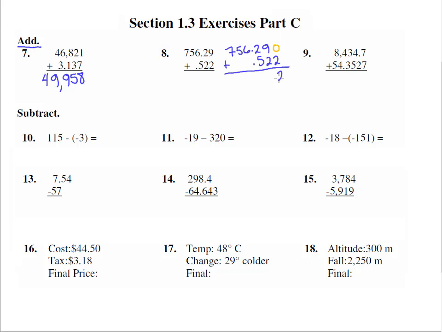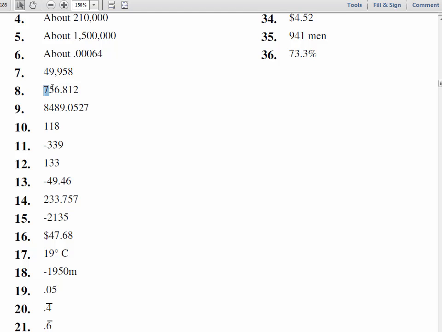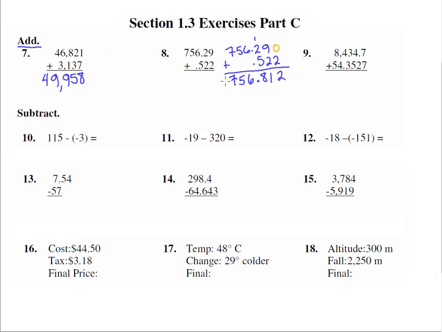0 plus 2 is 2, 9 plus 2 is 11, and you carry that 1 over to the next column. 5 plus 2 plus 1 is 8. The decimal comes straight down. 6 plus 0 is 6, 5 plus 0 is 5, 7 plus 0 is 7. 756.812. Let's look at that. 756.812. Correct. So the next one,